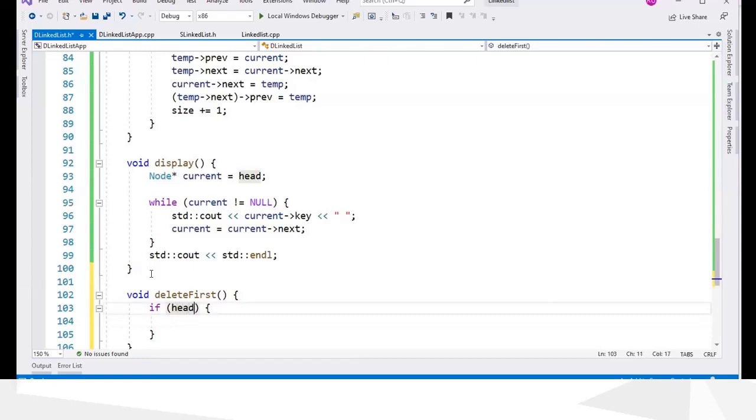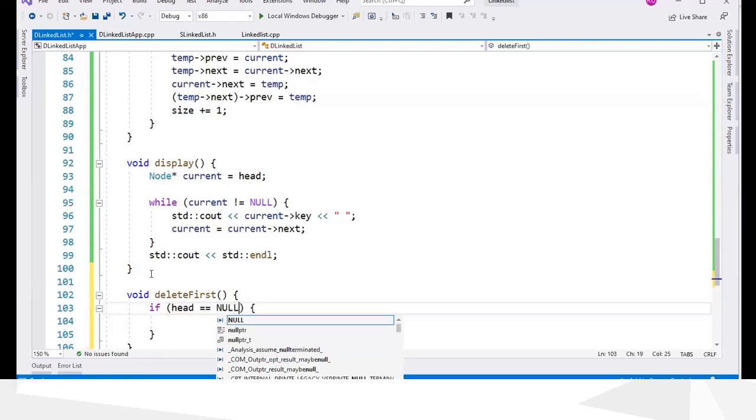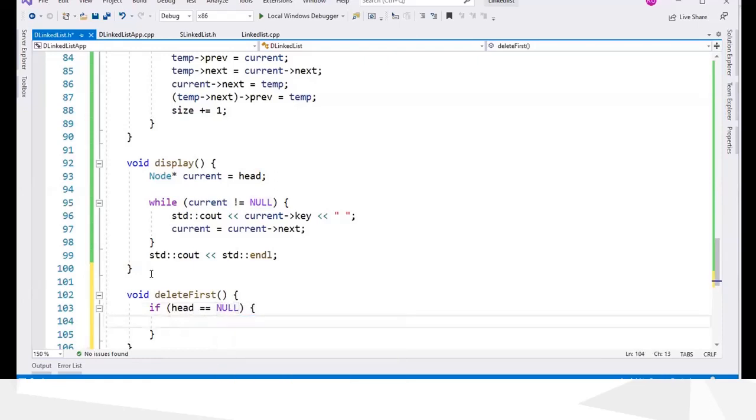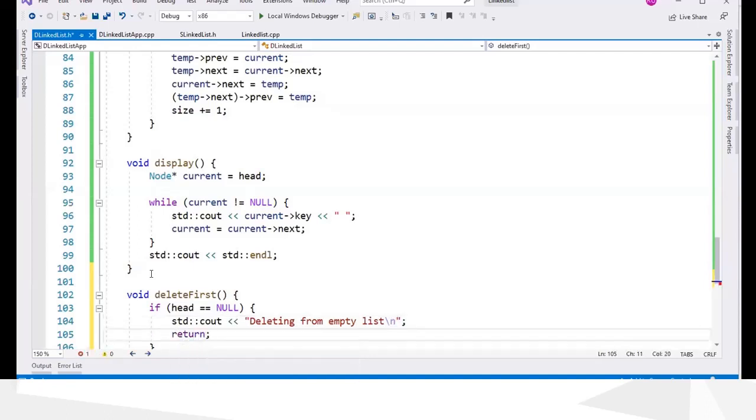So if it is equal to null, what you want to do is put a message and stop the cursor.